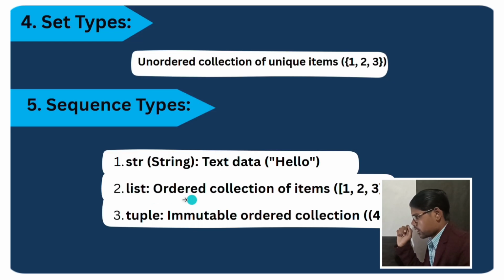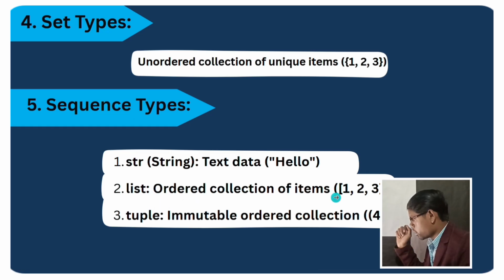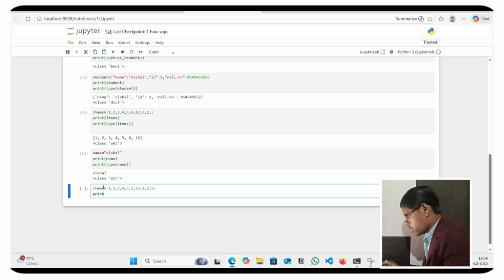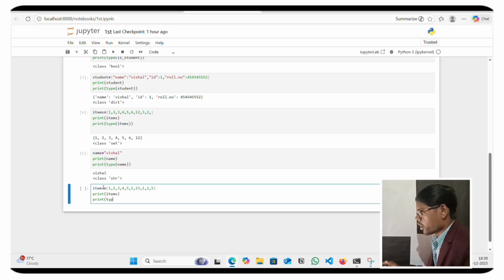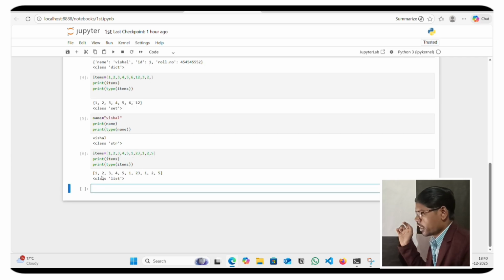And list is an ordered list, and it can contain duplicate items. Use square brackets, print, and run, and this is a list. It contains duplicate items.